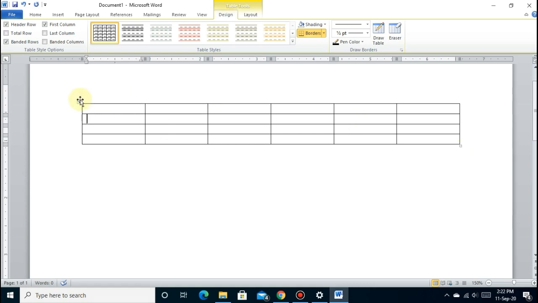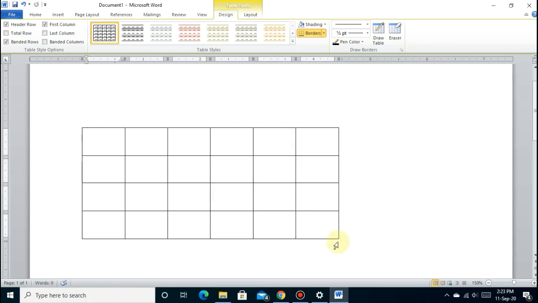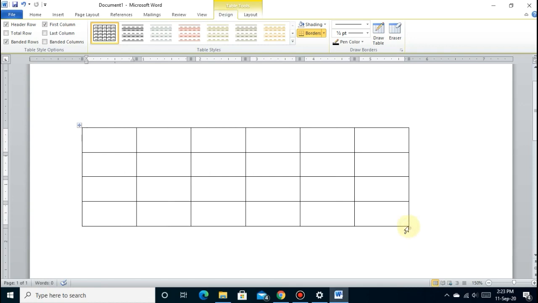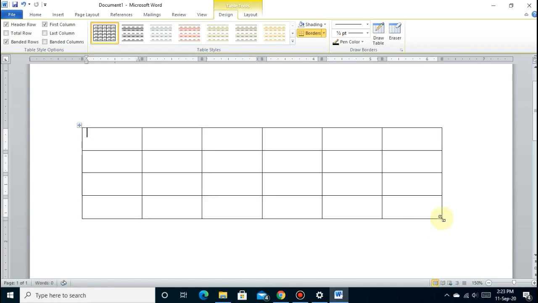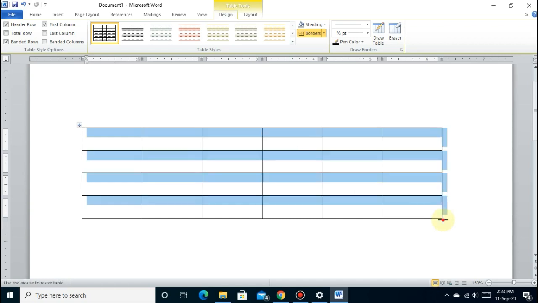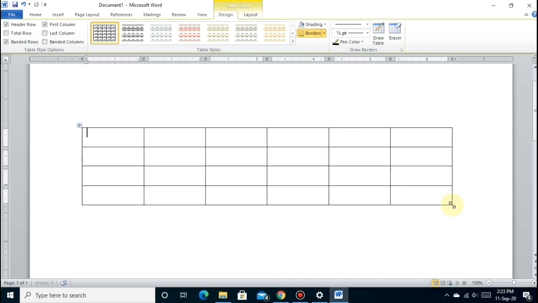So the table move handle is used to move a table, and the table resize handle is used to resize a table. To change the size of a table, you can use this table resize handle. So you have to click and not leave the mouse button. Then you can move the cursor to change the size.